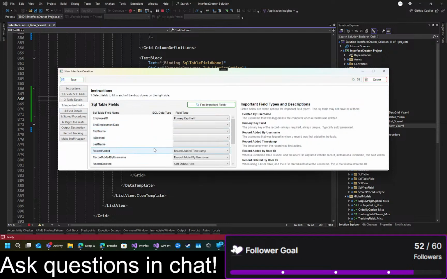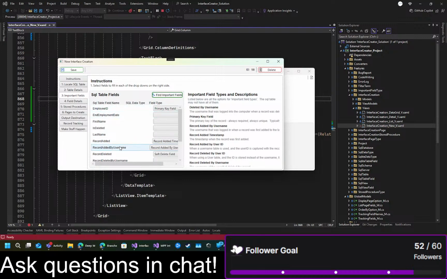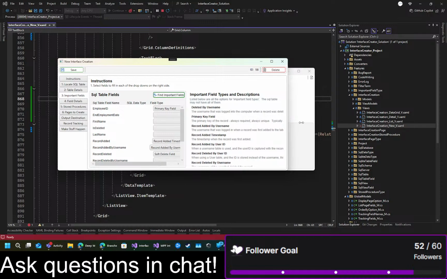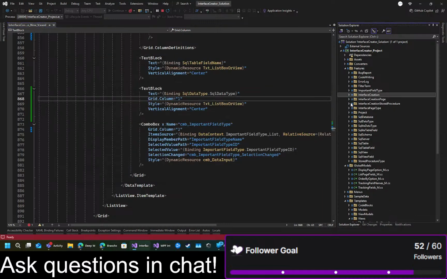Okay, so we are not getting the SQL data type to display. Why? Probably because when we pull the fields from the SQL, why is that happening? That's super weird. Okay, we probably want to set this to have a minimum width, and same with that. But the SQL data type's not filling in, so most likely when we get the SQL field, SQL table